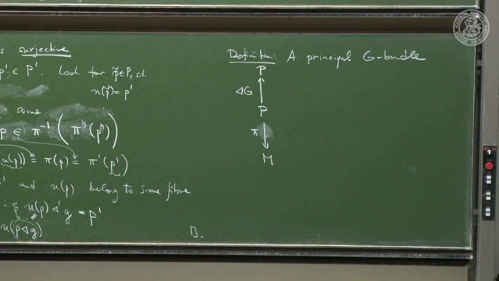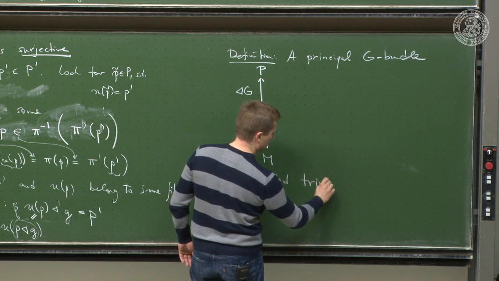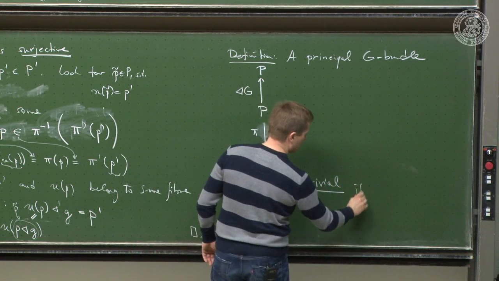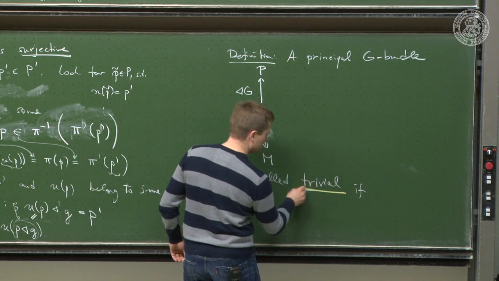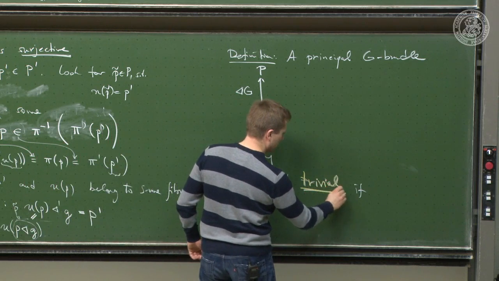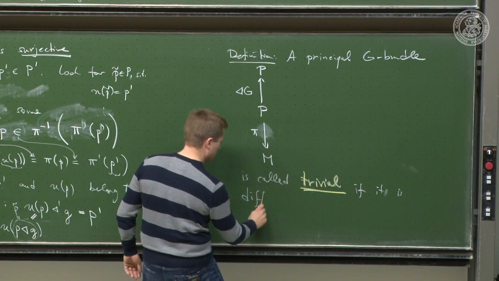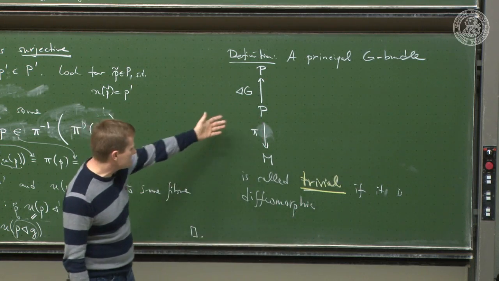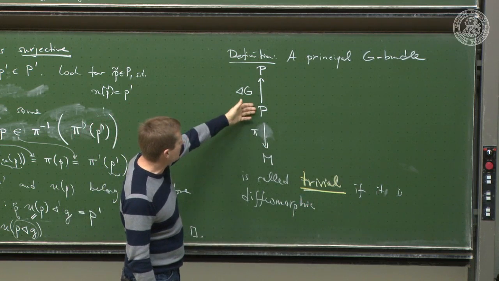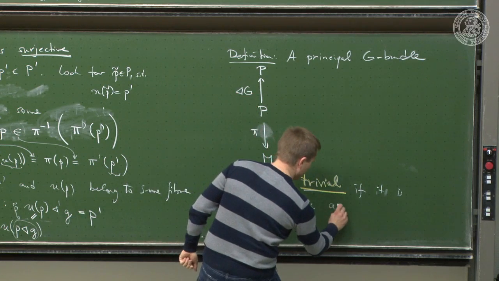A principal G bundle is called trivial if it is diffeomorphic, not as a set, not just as a smooth manifold, the P and this, but not only as a bundle, but if it's diffeomorphic as a principal G bundle,